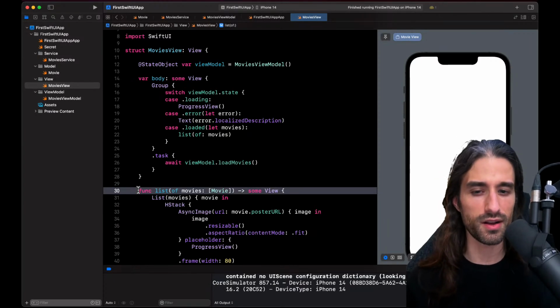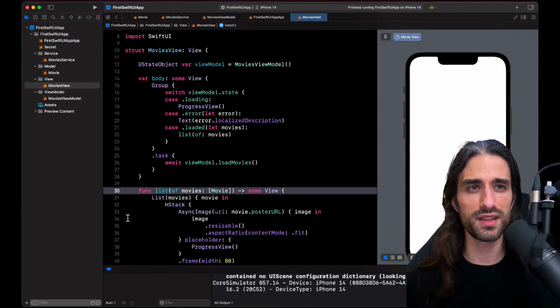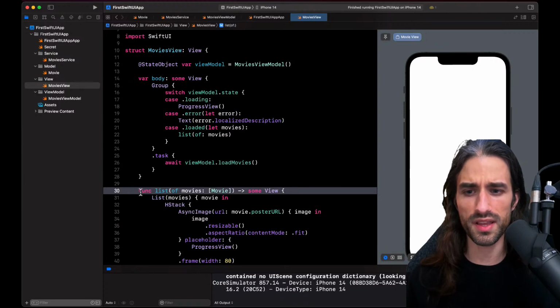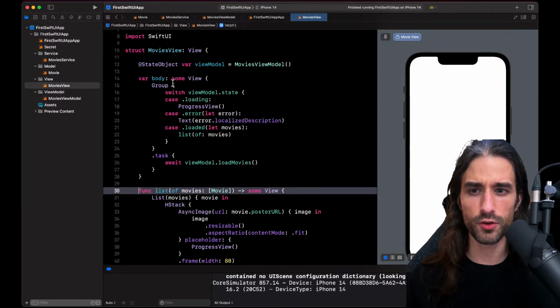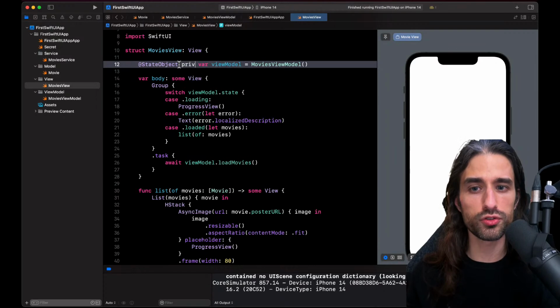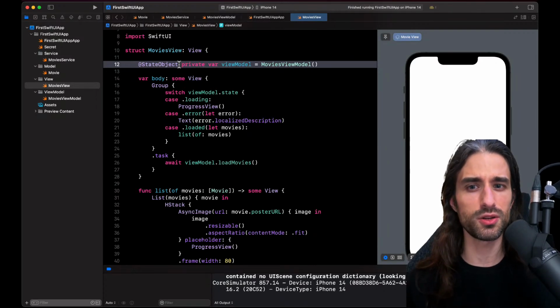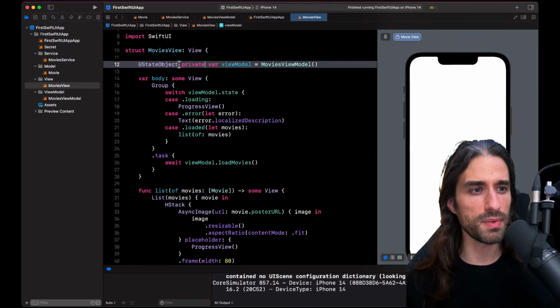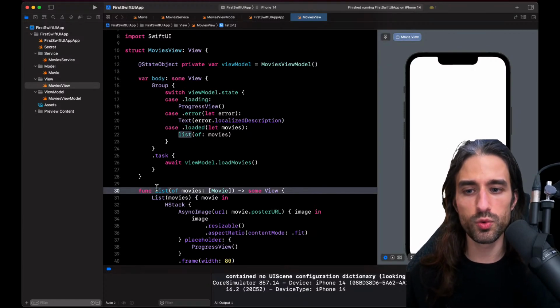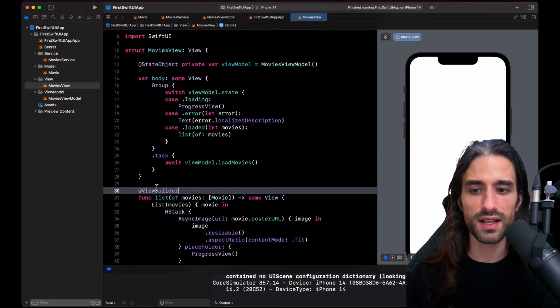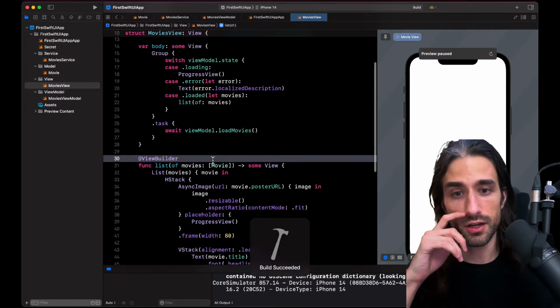That's also why, as a default, I don't always make the methods private. This view model could also be private. I think it makes even more sense because here it's part of the state really of the view, but that's a very good remark. And the other is, should we or shouldn't we annotate the method with @ViewBuilder?